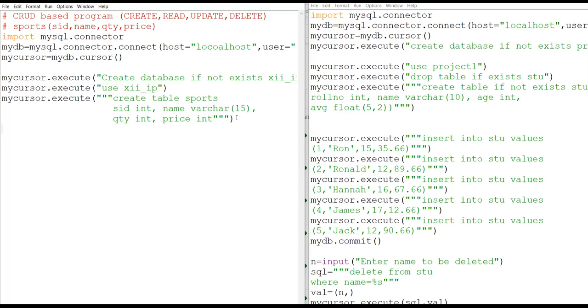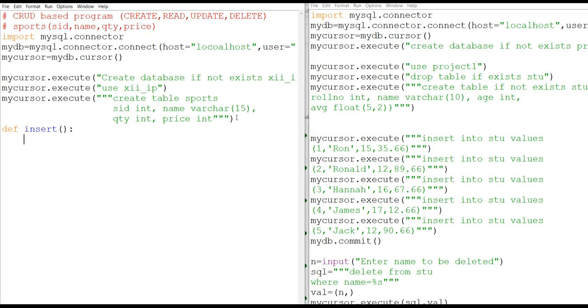Therefore you must know the very basic things about how to make a function. We will not discuss a lot about functions. For functions, you need to write the keyword def. Def means you are going to write the definition of a function. Then whatever function name you want to create, for example insert function, then brackets and then colon.